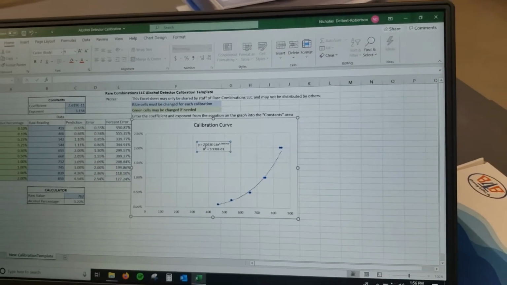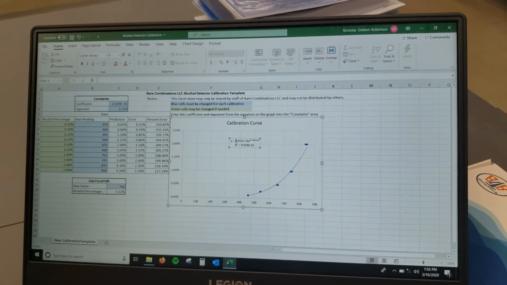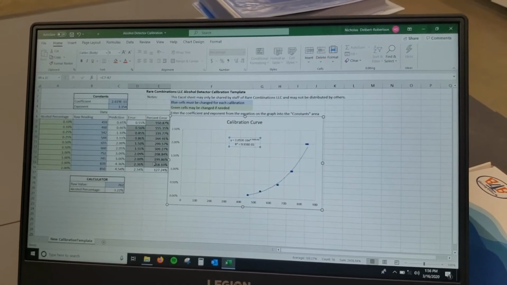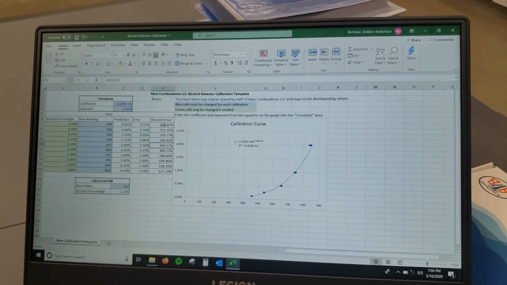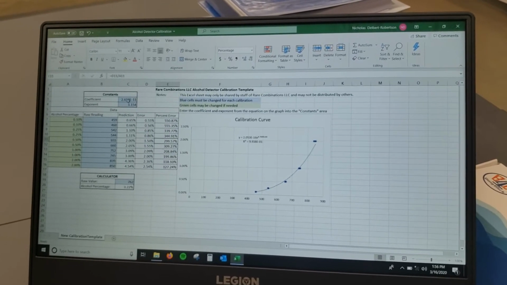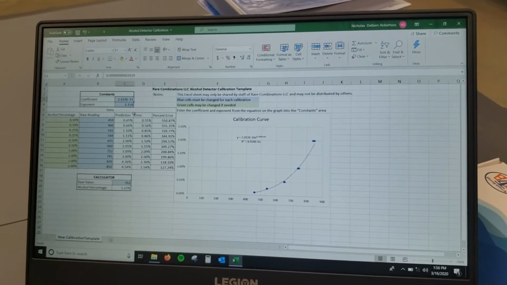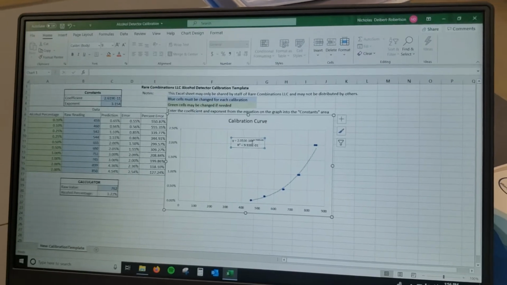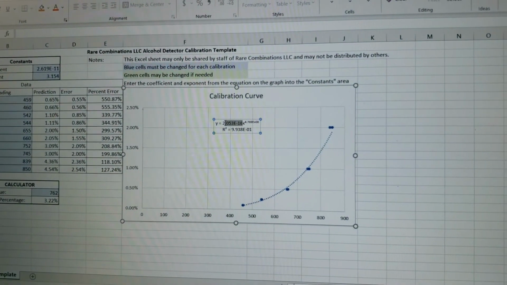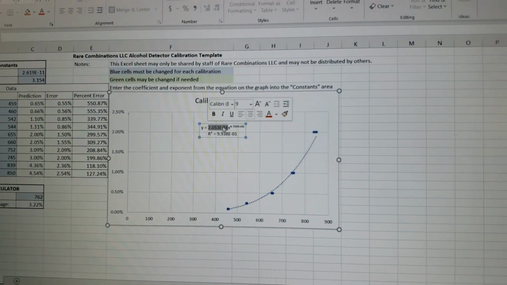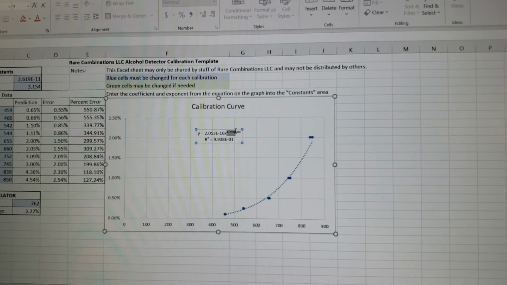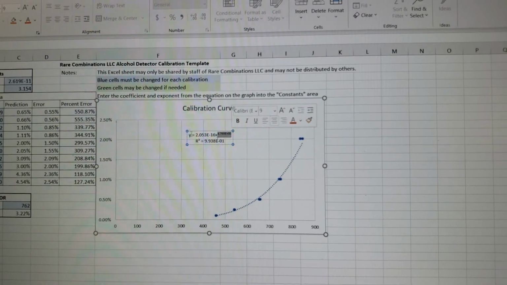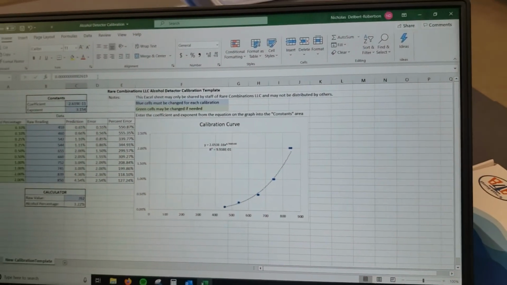So you can also see that our equation has changed since we put in new numbers. So all of this looks wild. Our error is really, really high, and that's because we have yet to change our constants up here. So our new constant is this really, really, really tiny number here, this one, and our new exponent is this, not so tiny number up here. So in order to enter these,